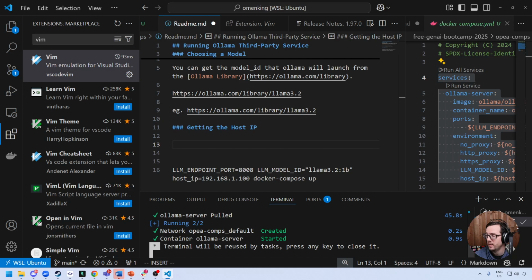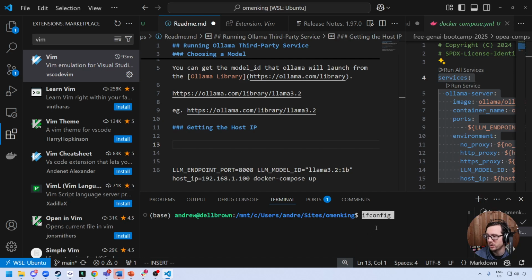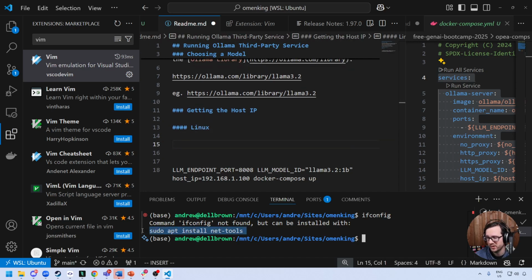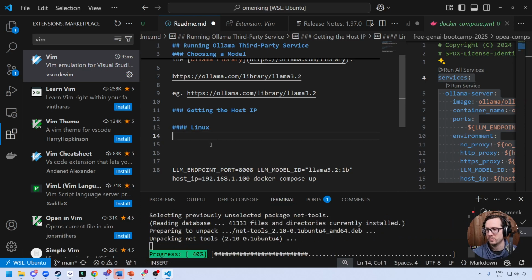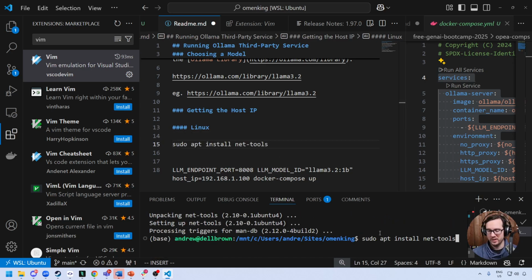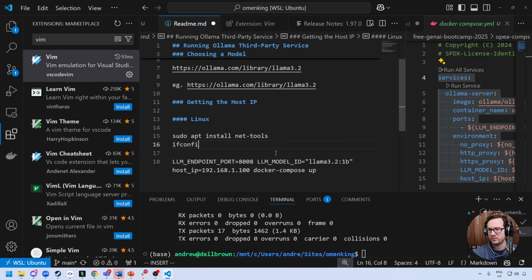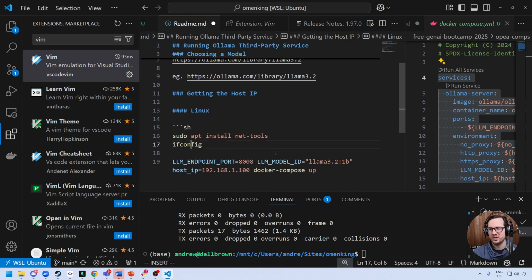But I'm going to go ahead and open a new tab, and I'm in Bash here. I'm going to go ahead and type in ifconfig. So it's saying we need to install this. So for Linux, I am on Windows, but we want to do it on the Linux side here. So I'm going to try and do what it's suggesting here. And so let's see if we can run this now. And we can. I feel like there's another way to do it, but